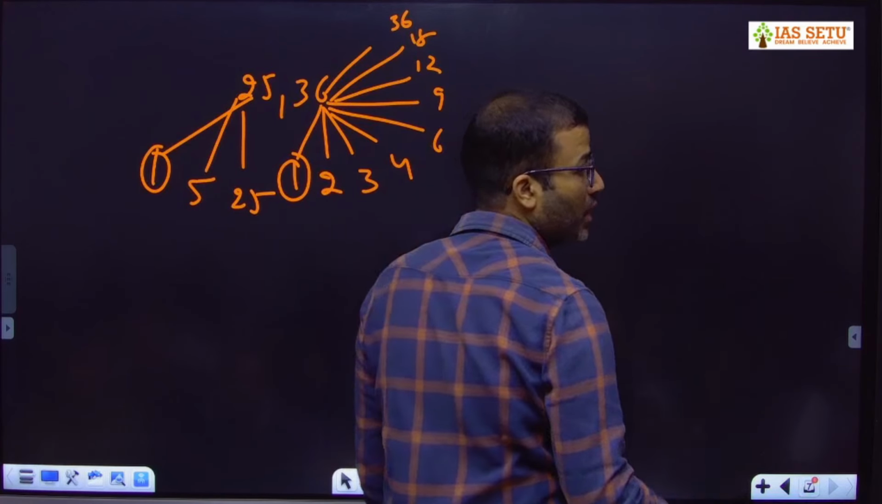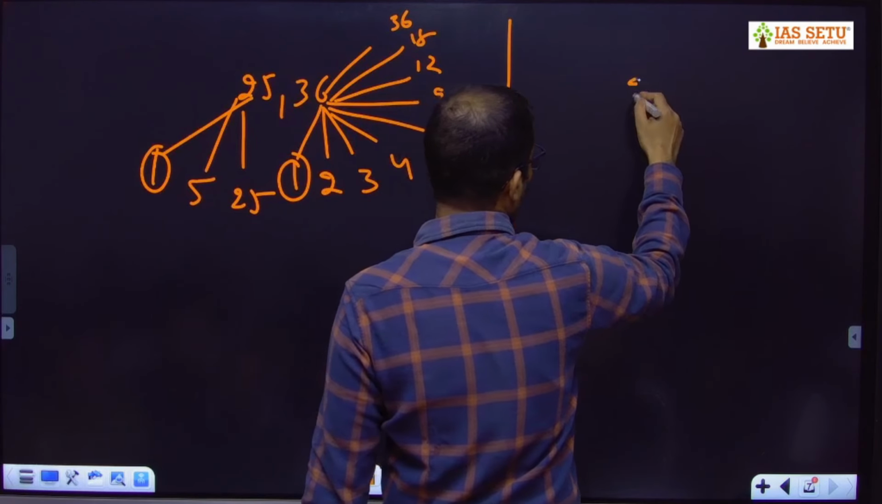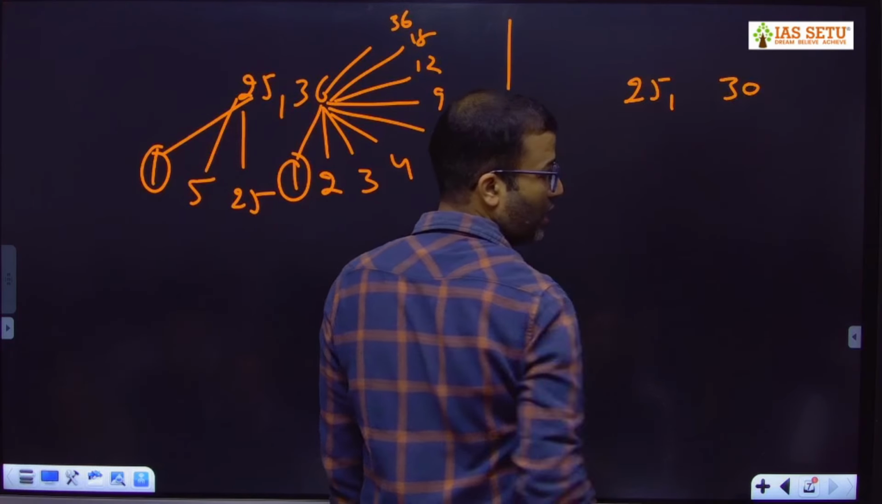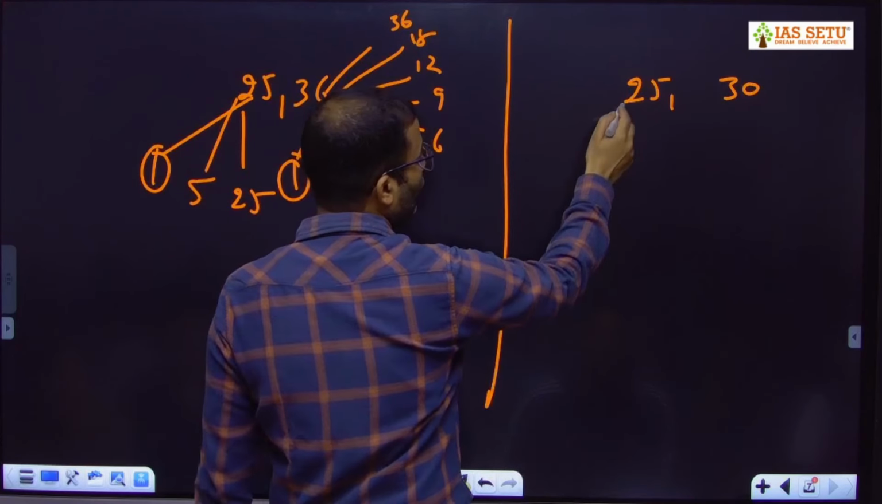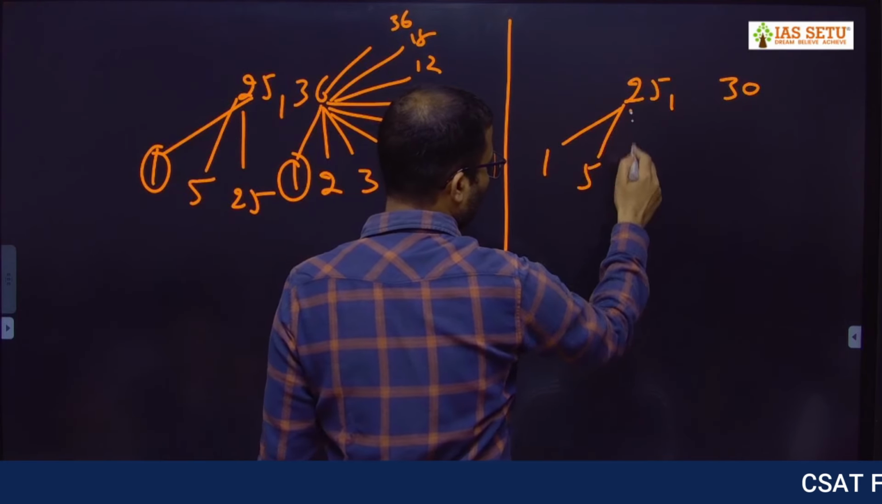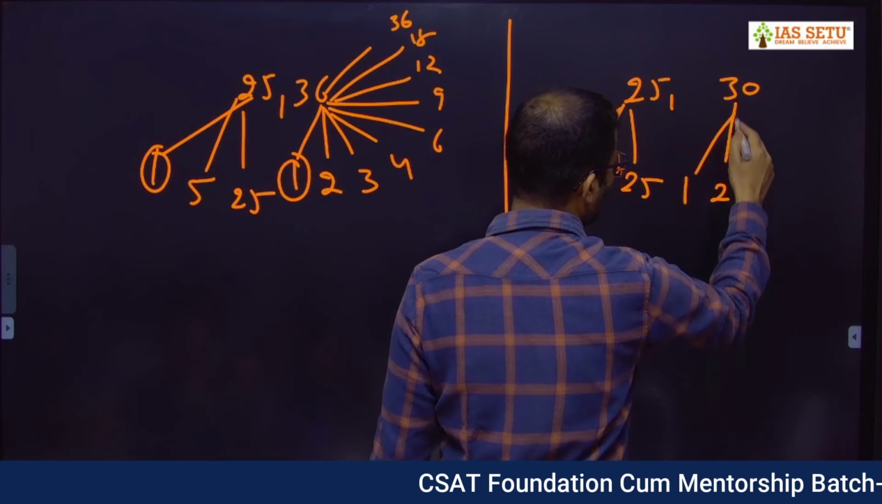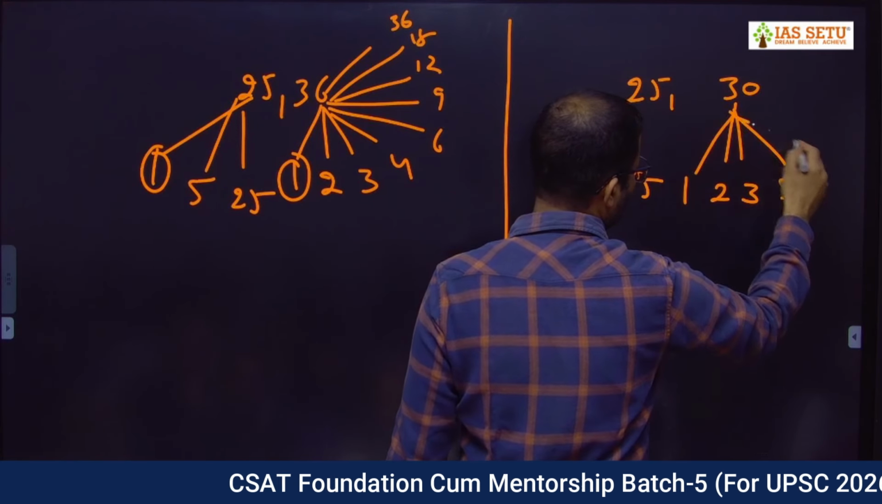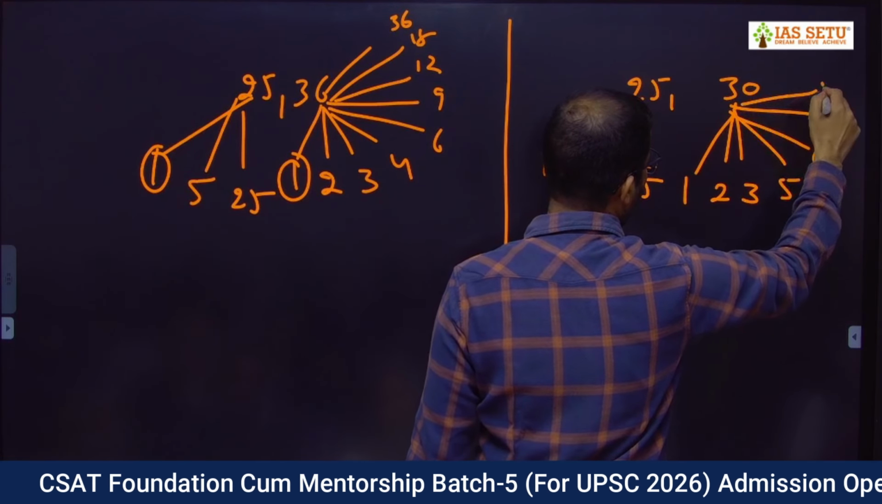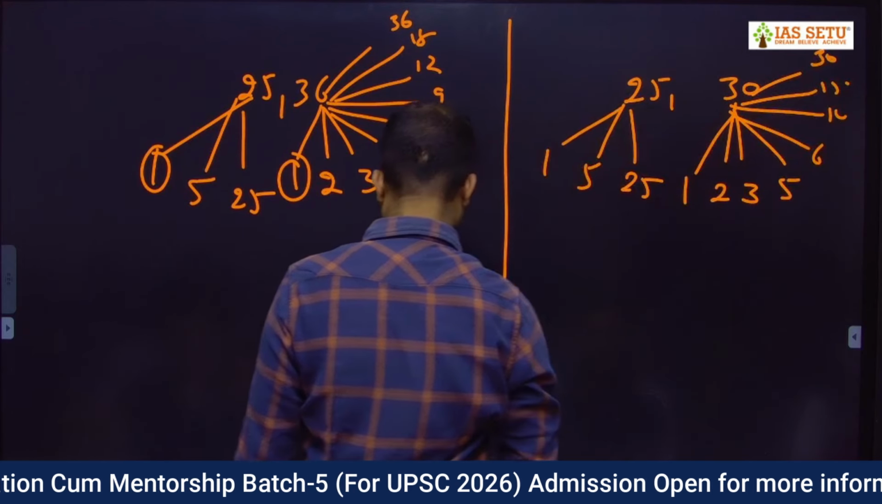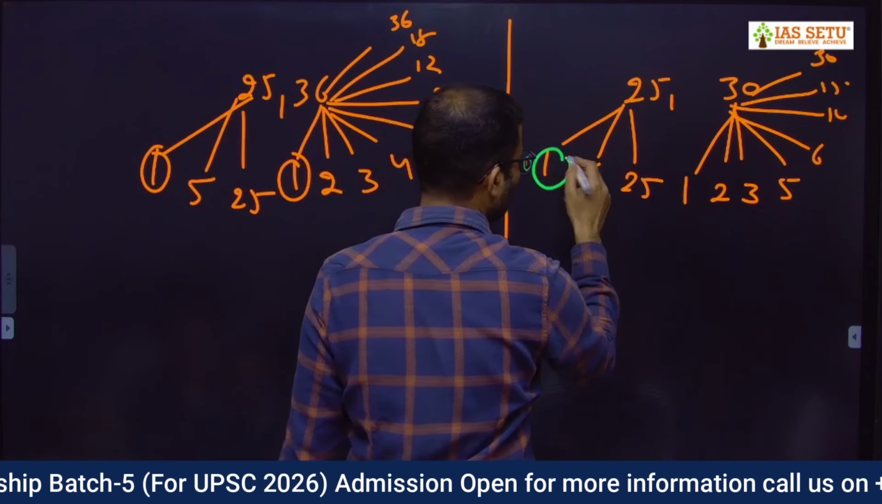दैट्स व्हाई 25 एंड 36 आर को-प्राइम। आई टेक वन एग्जांपल, 25 एंड 30। आपने बोला वन तो सब में आएगा, 25 के फैक्टर क्या हो जाएगा? 1 5 25। व्हाट आर द फैक्टर ऑफ 30? यू हैव 1 2 3 5 6 10 15 30। सो व्हाट आर द कॉमन फैक्टर? 1 as well as 5।